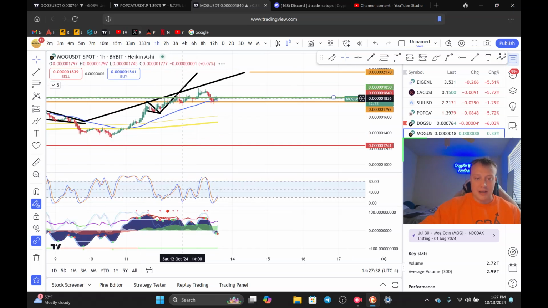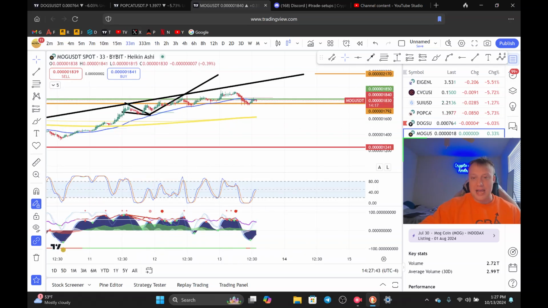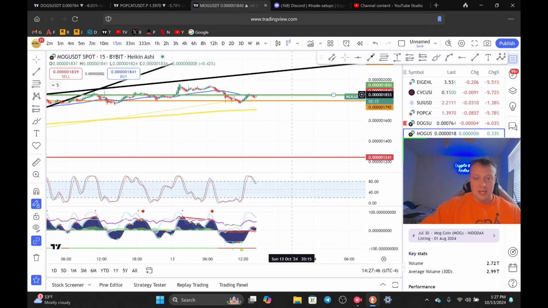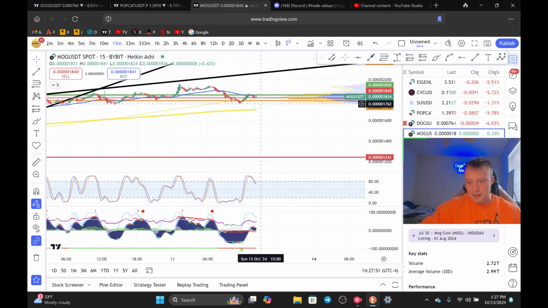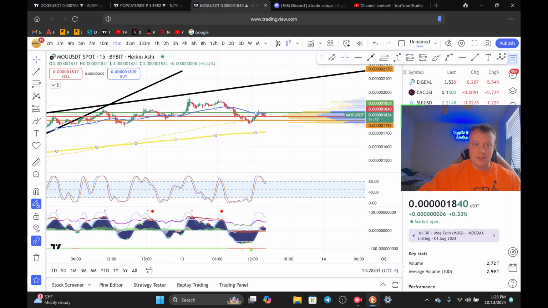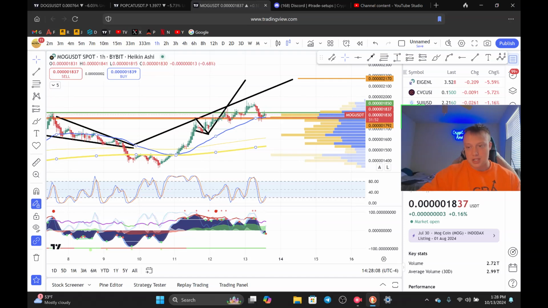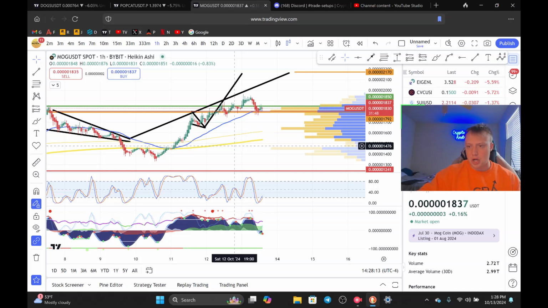I'll get to that in a second. The 1 hour time frame is covering back to the upside on the stock RSI. If we go down to the 33-minute time frame, that is kind of struggling, but the 15-minute doesn't look good either. But technically speaking, I'm not really bearish on the 15-minute unless I see it make a lower high, which is done. But as long as you don't make a lower low, and as long as you don't lose 17.7 on your leg down here, I'm still liking where the price is at. So overall, even those time frames look okay. Sometimes the smaller time frames need to go sideways for the bigger time frames to reset, such as in this case the 4 or 5 hour time frame. So right now, I still love where we're at.